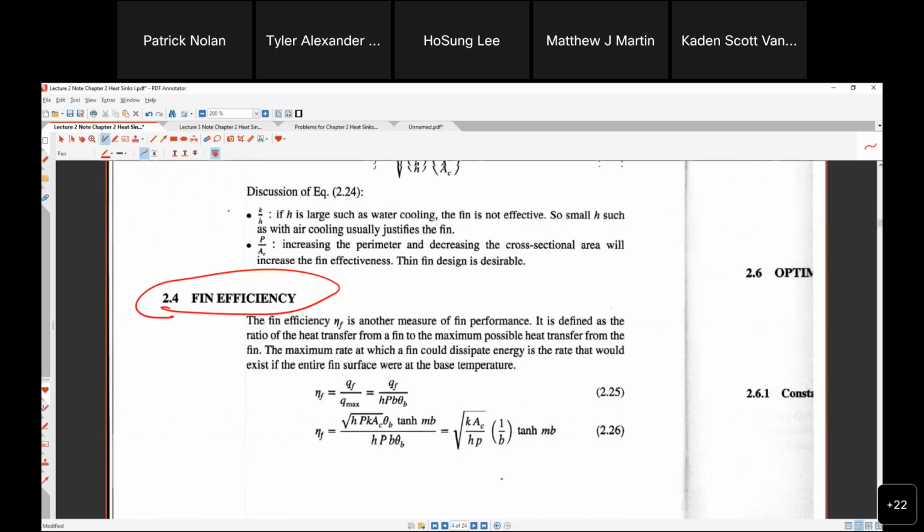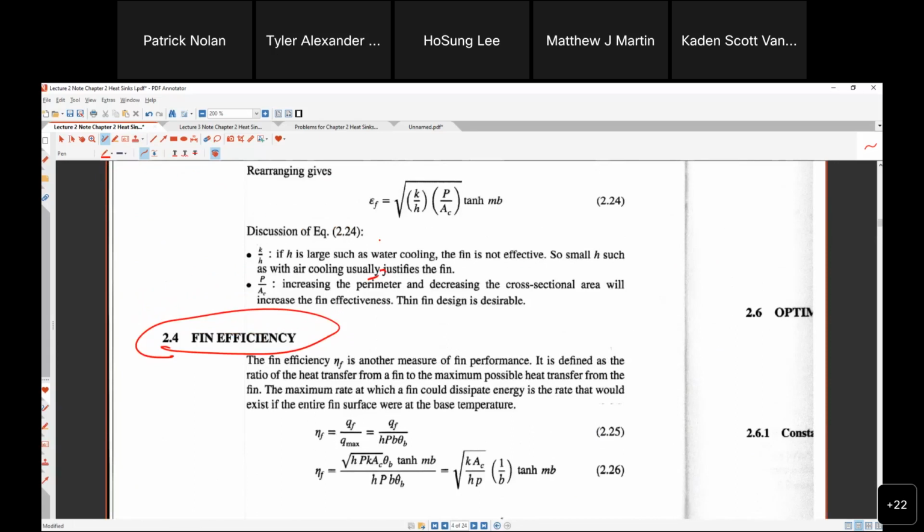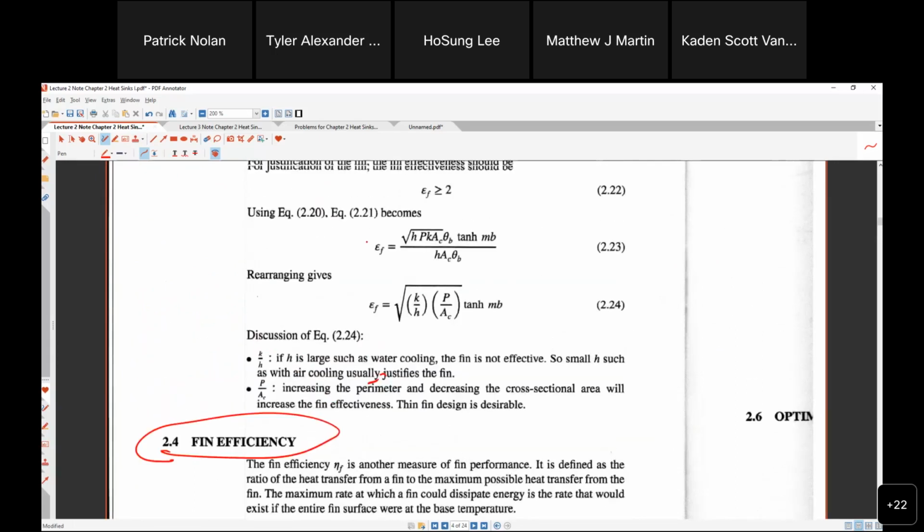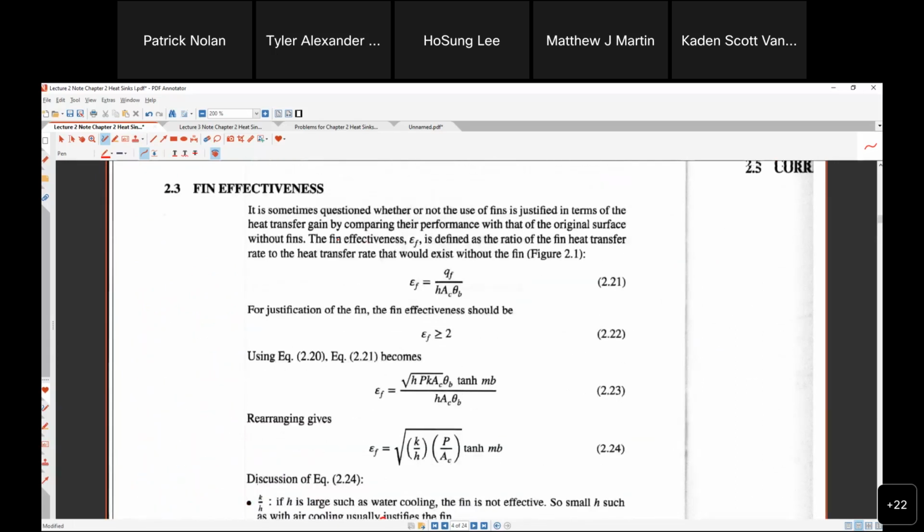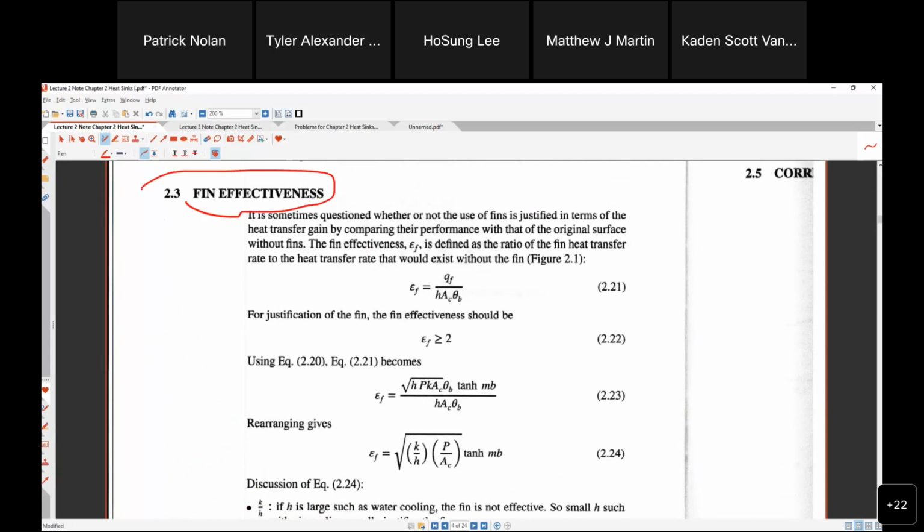I think before efficiency, a little bit of effectiveness. This is just the concept. Okay? So what is effectiveness? And then we talk about efficiency. You've got to understand, okay? So listen carefully. This is totally concept, nothing to do with the math. So what is effectiveness? Epsilon